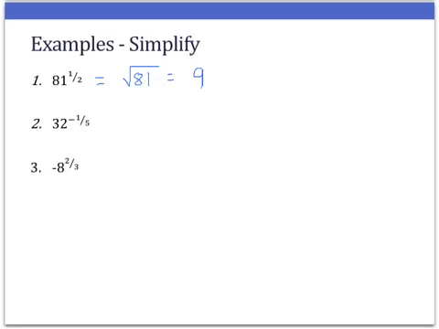Now, you're used to us writing a plus or minus sometimes. That is if you're solving. We're not solving, we're simplifying here. Now for the next one, we have a negative exponent, which means we first need to make it positive. So we make it positive by moving the number that has the negative exponent to the denominator, and then we take a 5th root of 32. Now, not everyone knows that the 5th root of 32 is 2,